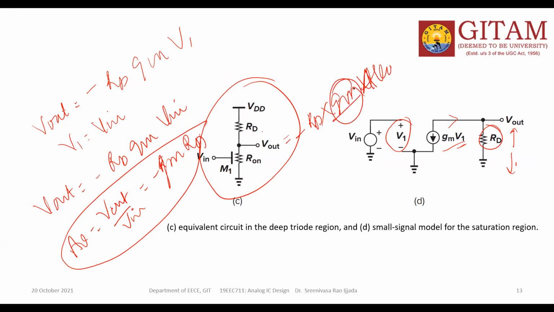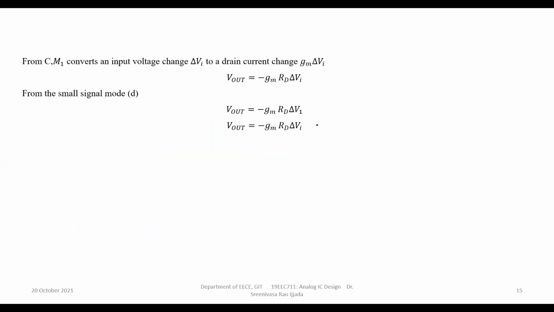How can you write this GM here? Because in this picture nowhere you can see the GM value, but I told you, because of the change in input voltage, there is a corresponding change in ID, so there is a corresponding change in the GM value. That's why I took the GM value here. And this is the load resistance. This is the way you can calculate the same thing. Got my point? Yes. So AV is equal to minus GM and RD.